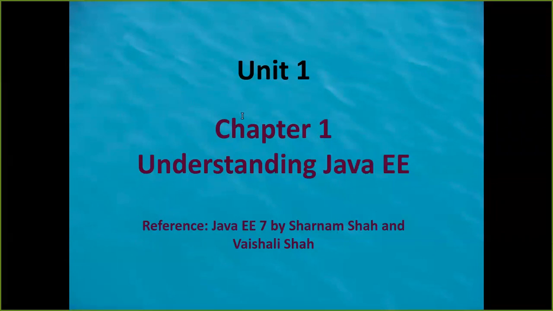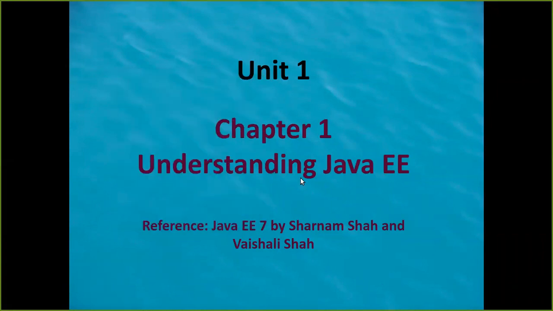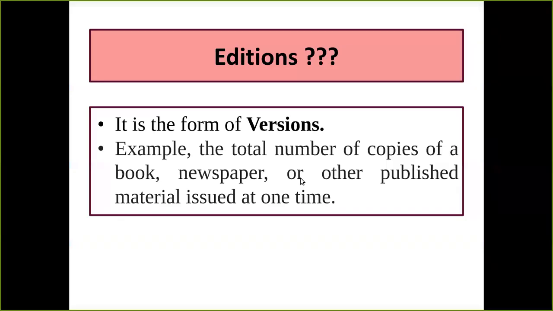Okay. So I don't know how much of what I said you have heard, but we'll have a quick revision and let's see if you can understand what we have studied today. We started with chapter 1, where we studied the editions. We said that it is something known as versions. We had examples also. I have given one example. You have to remember that.